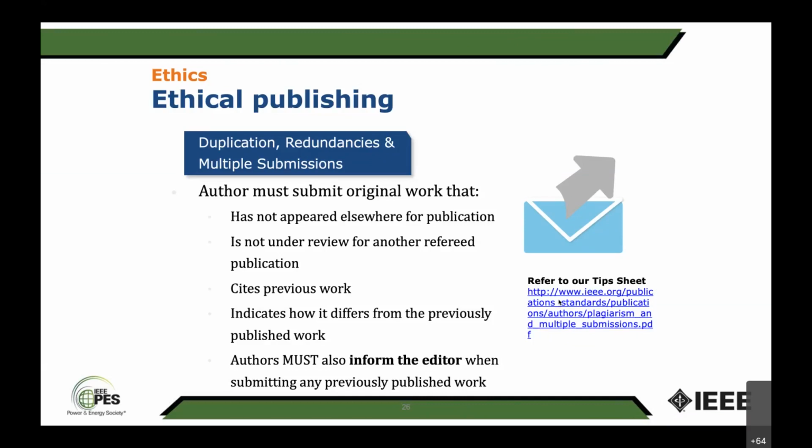Duplication of your own work. You have a conference paper, you will take that conference paper and make it into a journal paper. IEEE policy is at least 40% content must be new. We accept the fact that students submit a paper, present a paper at a conference, come back, improve it, and then resubmit to a journal, which is fine, but you must have 40% new content, IEEE policy. Redundancy, meaning you are saying the same things multiple times about forecast error, all that. So avoid that part. That's ethical publishing.